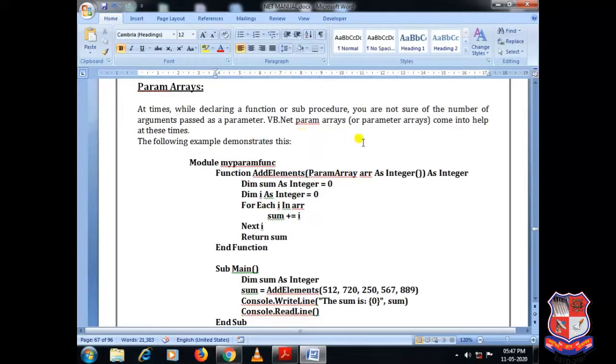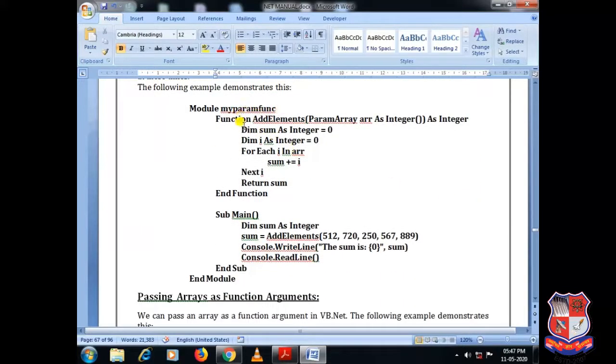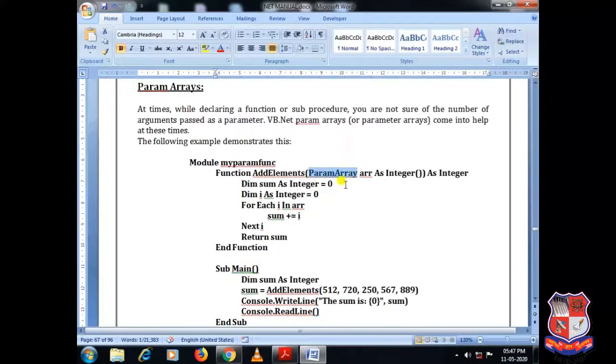So param array: while declaring a function or sub procedure, we are not sure of the number of arguments passed as a parameter. VB.NET param arrays come into help at this time. The following example demonstrates this. Module myParamFunc. Function AddElements. This is the name of the function. ParamArray is the keyword which is necessary to mention in the function definition if we are defining our functions as param arrays. So this is the keyword ParamArray, then the name of the array, as, and the return